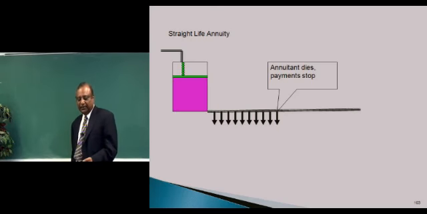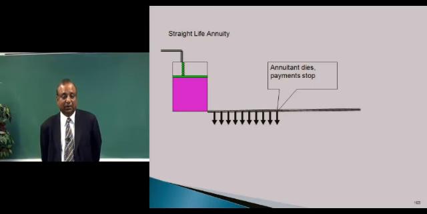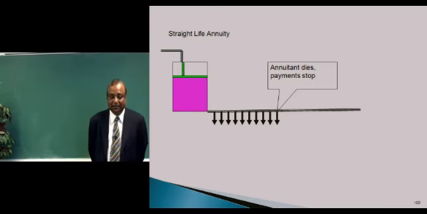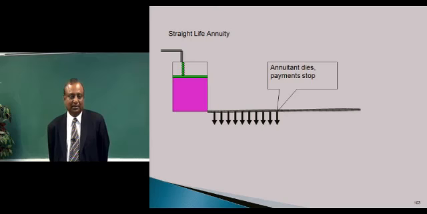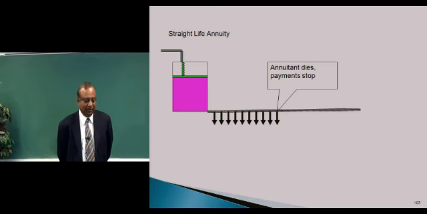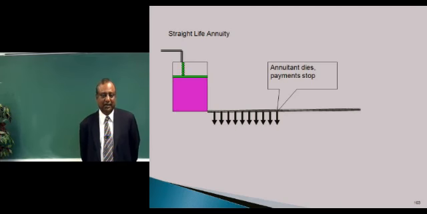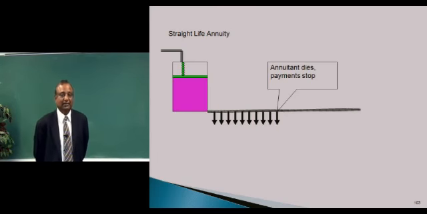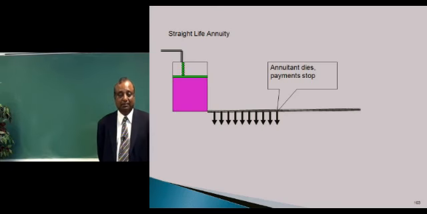So the simplest form of this annuity is the straight life annuity, where a person gives his money and the company promises to pay him for the rest of his life. So let's say he's 80 years old and he buys the annuity and his life expectancy is 10 years. The contract is going to say we'll pay you for the rest of your life. So if he lives to be 110, the insurance company will continue to pay him for the next 30 years. However, by the same token, if this person buys the life annuity today and dies next week, he's going to lose all his money because there's no beneficiary. He's dead, payments stop.